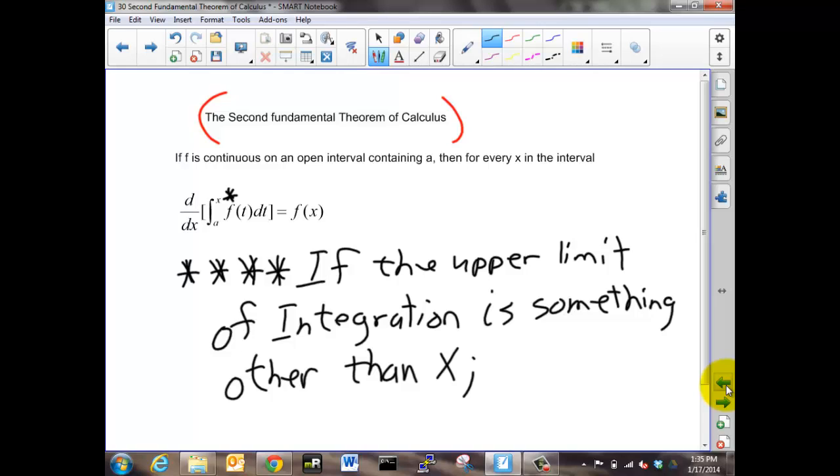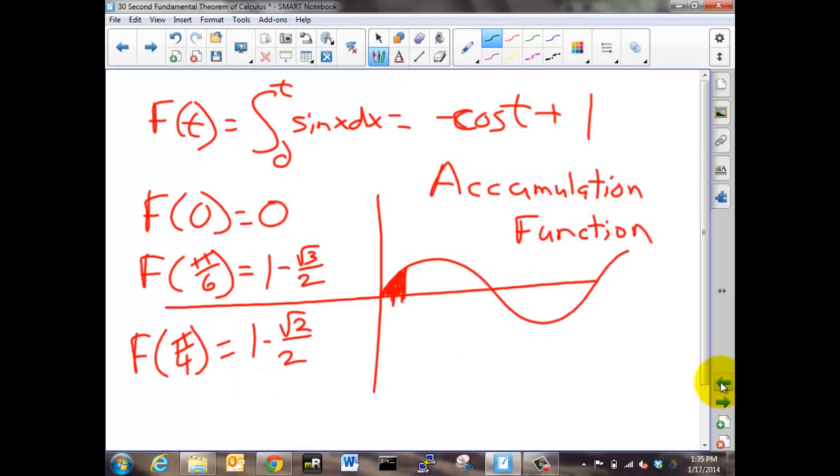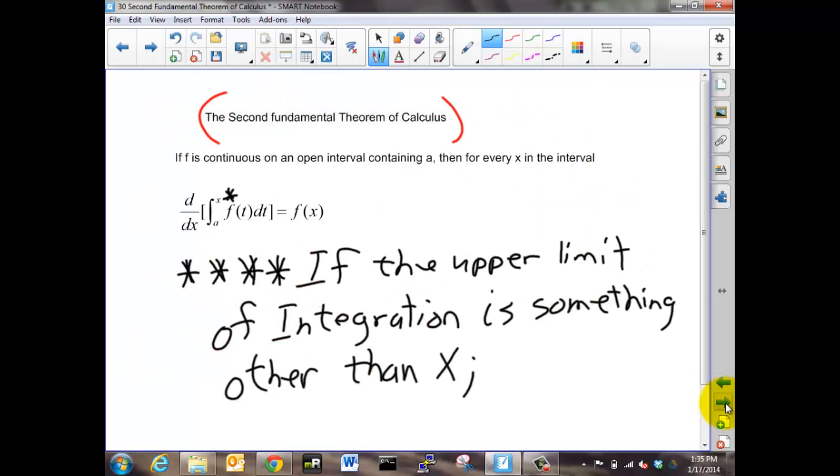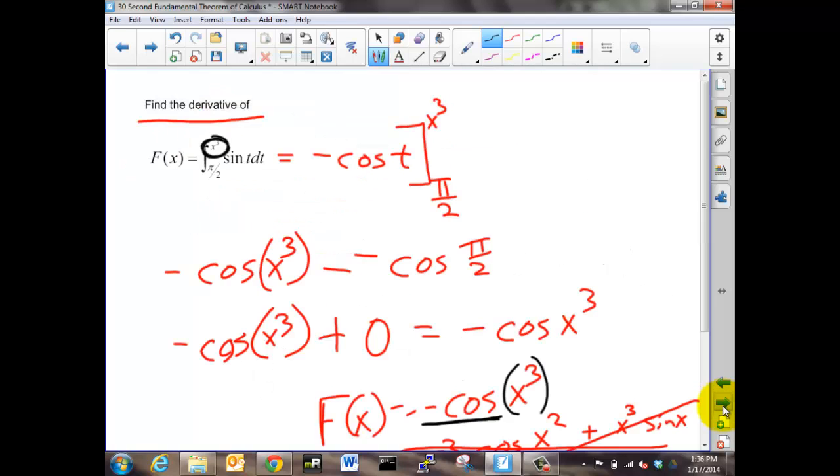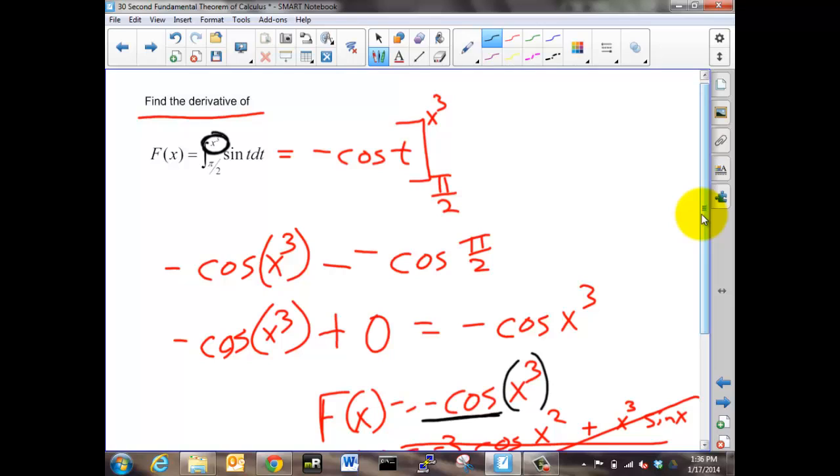Now, I still want to use this thing and not have to integrate and then antiderive it. I don't want to have to integrate it and derive it. I mean, that seems like a waste of time. So how could I look at this thing here and just know that f prime then is